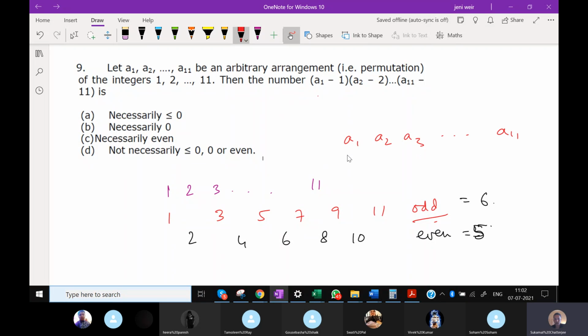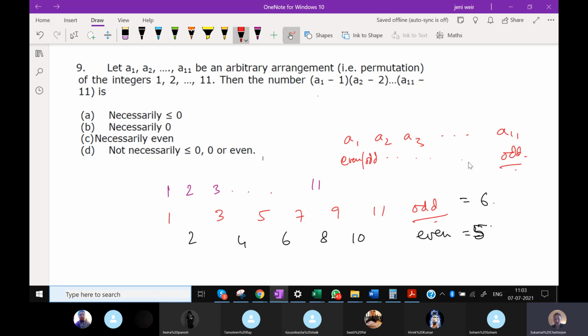So each of these numbers can be either even or odd, right? So one of the numbers has to be odd. It can be A11, it can be any of them, right? So one of the numbers has to be odd, okay? And the rest 5 odd and 5 even will be distributed among the rest of the 10 numbers